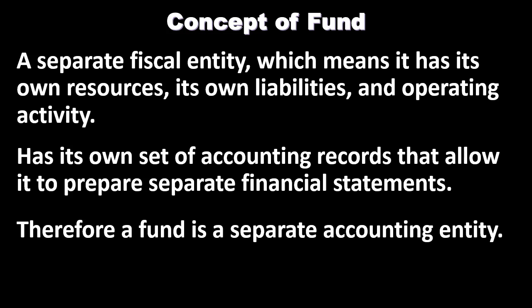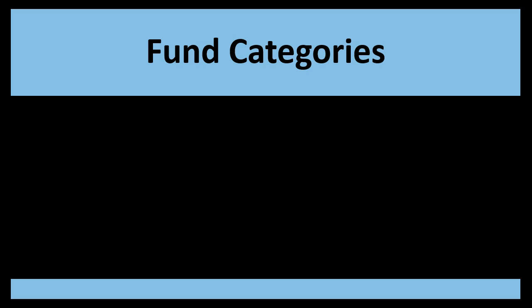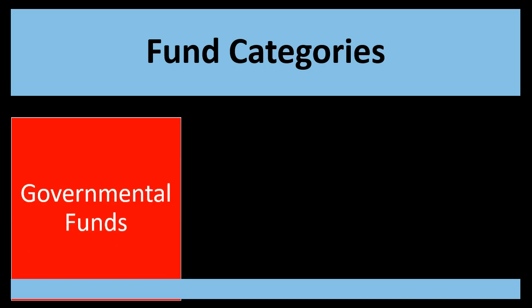With regards to a C corporation, remember, we have actually a separate legal entity, and the ownership would be separate. But in essence, we want to set up a separate set of books. Similar concept is going to be here with the funds. We're going to say, all right, this is going to be a particular fund. We're going to set up a separate accounting entity, a separate set of books for it. Those set of books having their own general ledgers, and therefore we can create the financial statements from that accounting information.